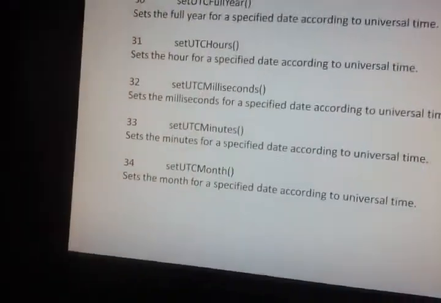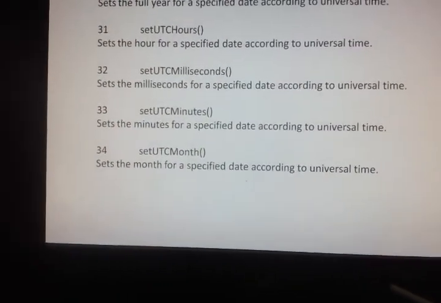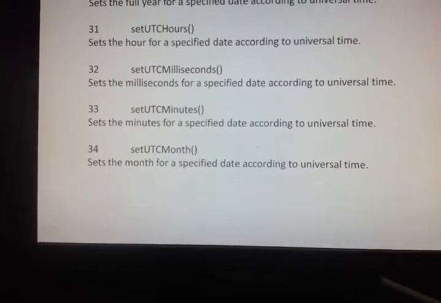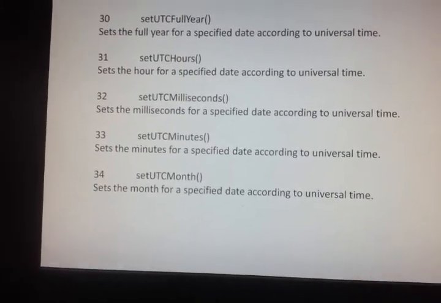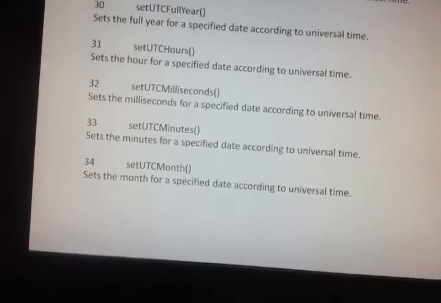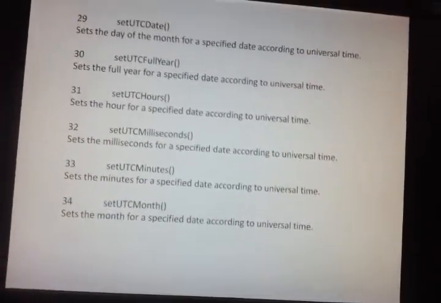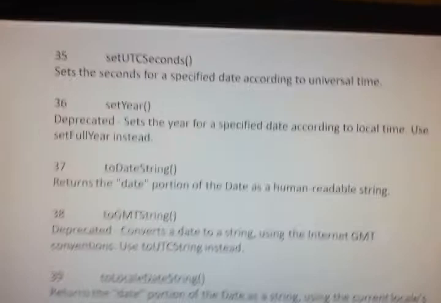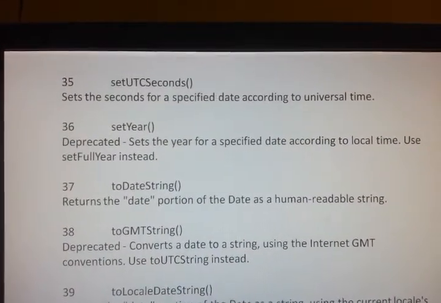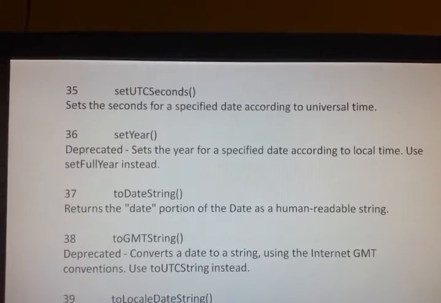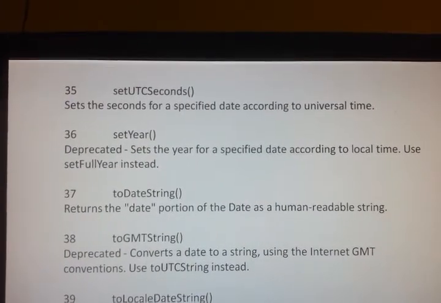Next, setUTCMonth, which sets the month for a specified date according to universal time. Next, setUTCSeconds. It sets the seconds for a specified date according to universal time.